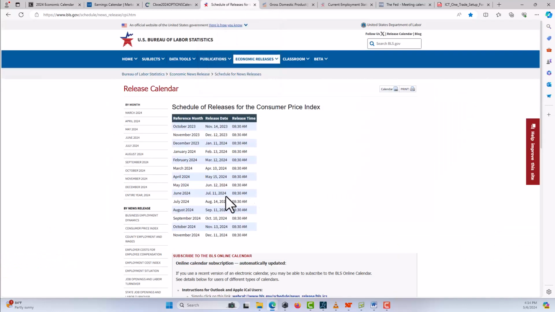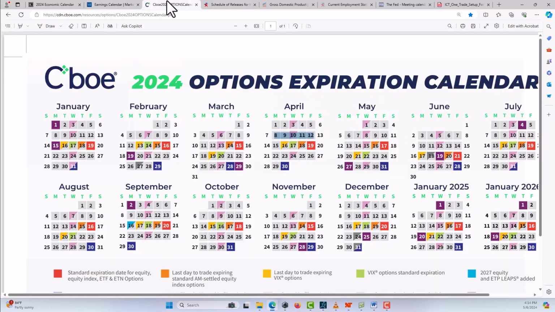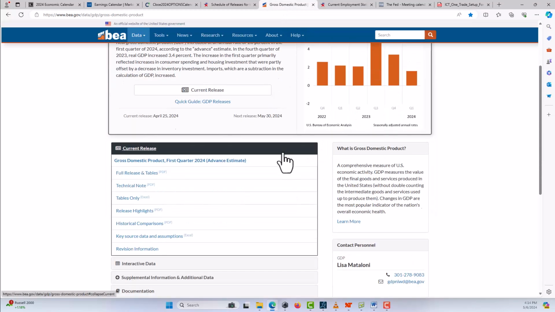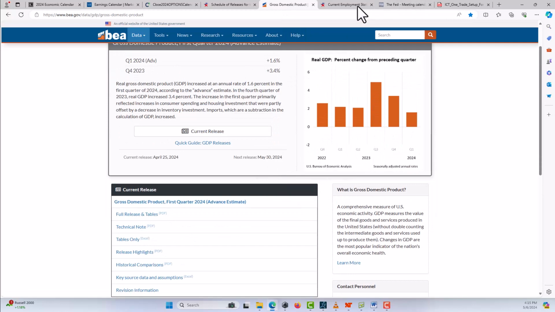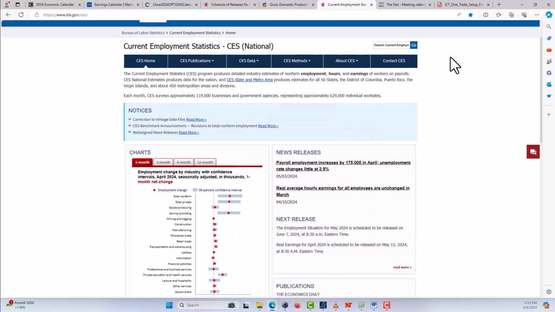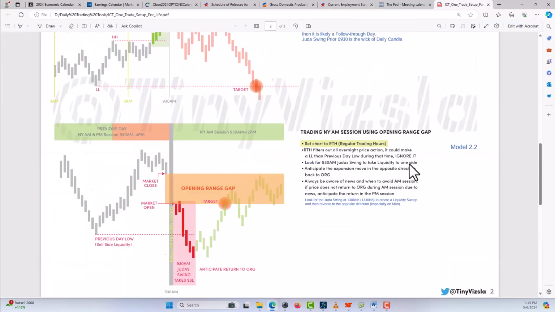That's the status for this week. But next week we're looking at CPI on May 15th, and also the standard option expiration day of the month. That is for the near future, and after that we look for GDP data at the end of the month. And then we come back to non-farm payroll on June 7th. Alright, let's look at what we have for today.